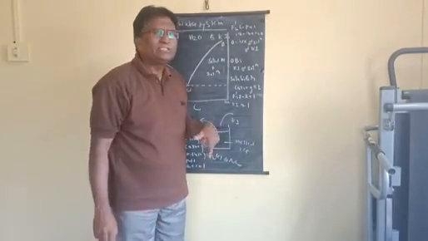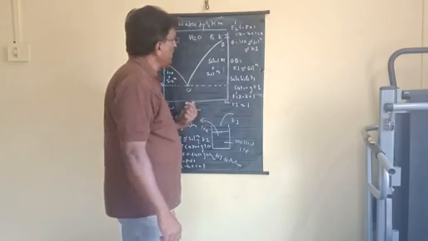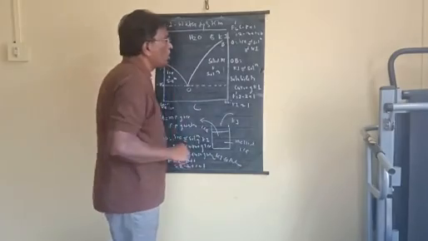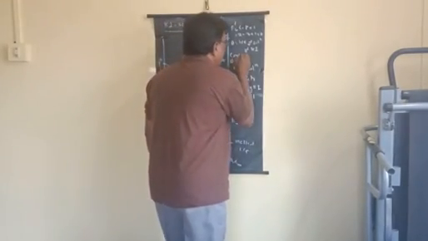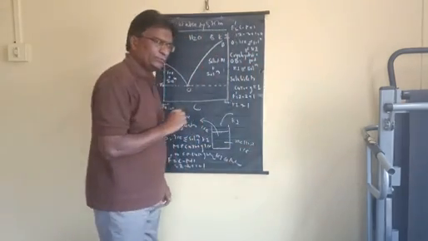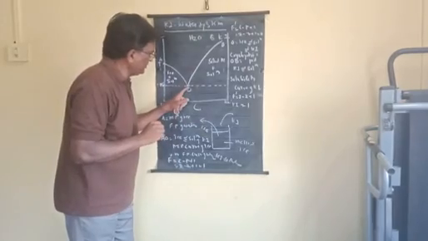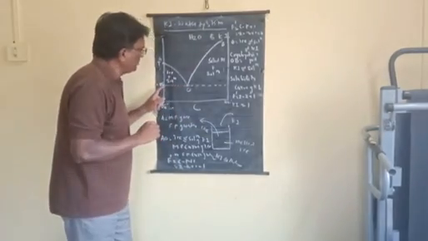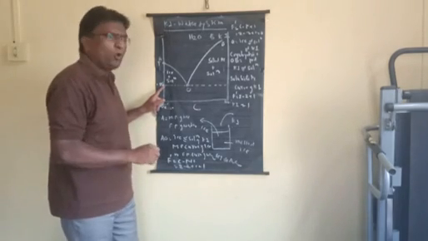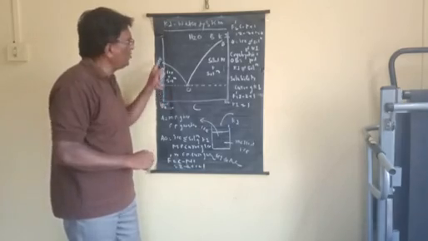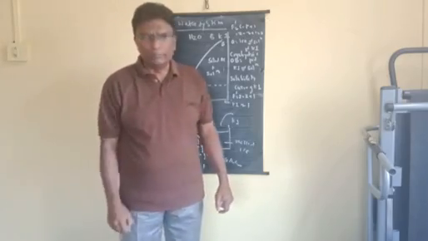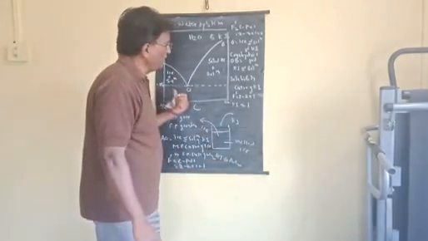You may call it a eutectic point, but in case of a salt water system, that eutectic point is called the cryohydric point. The temperature corresponding to that cryohydric point is called the cryohydric temperature. This is the lowest temperature up to which we can reach from this particular salt water system. That means minus 23 degree centigrade.